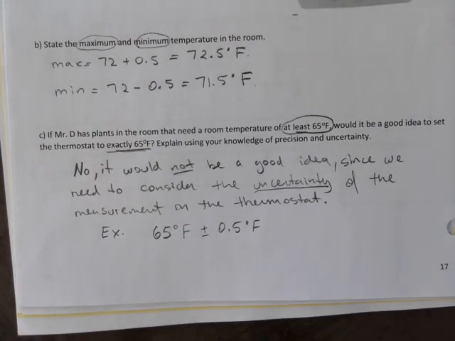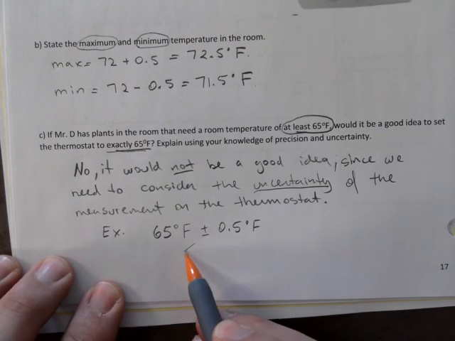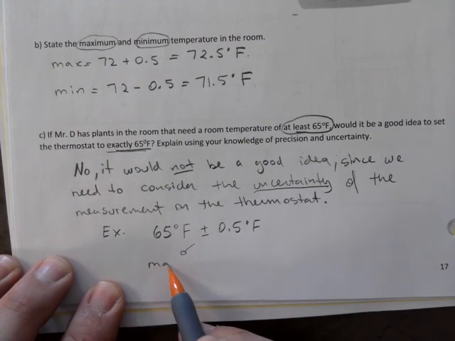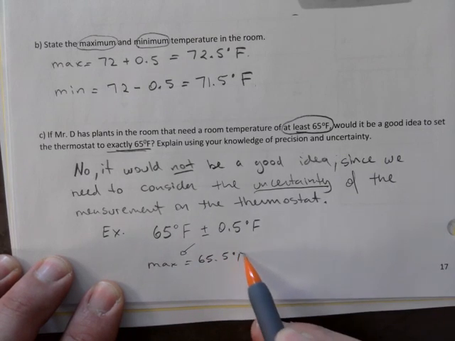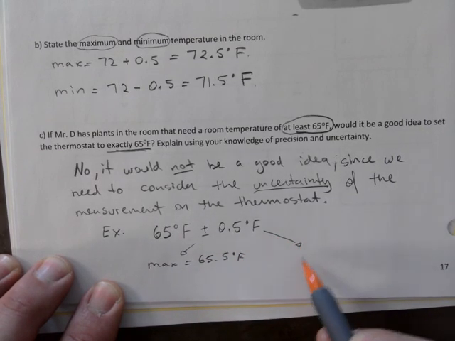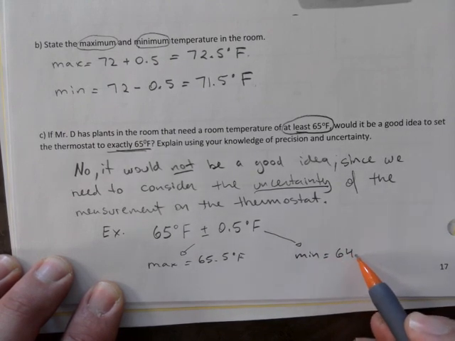If I go there and go arrow down to 65, the uncertainty stays the same, right? So the highest temperature in the room could be 65.5, and the minimum could be 64.5,